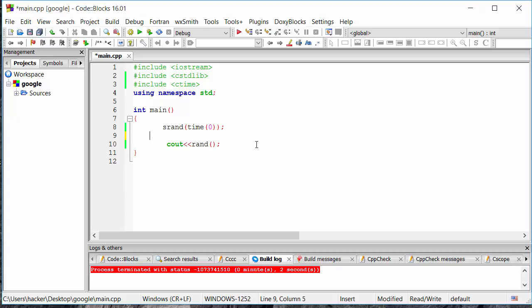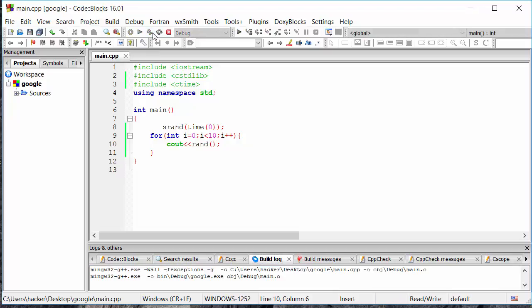What you can do is loop this from i equals 0 to 10 times. This will loop the random number generator 10 times, and if you build on this,